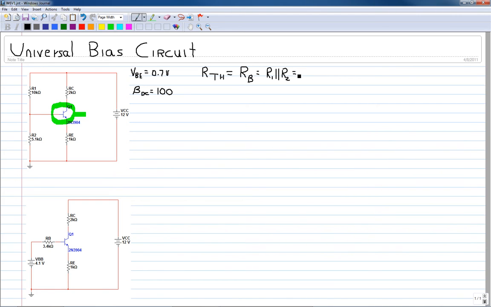This is equal to, using the product over the sum rule, R1 times R2 divided by R1 plus R2,